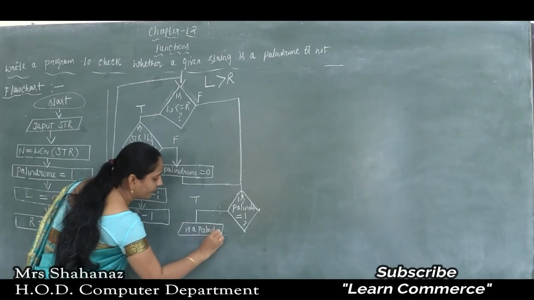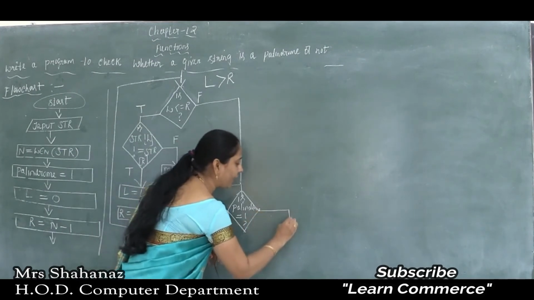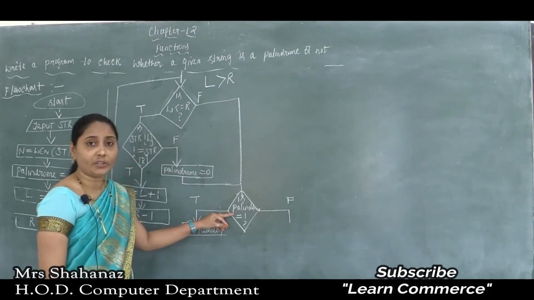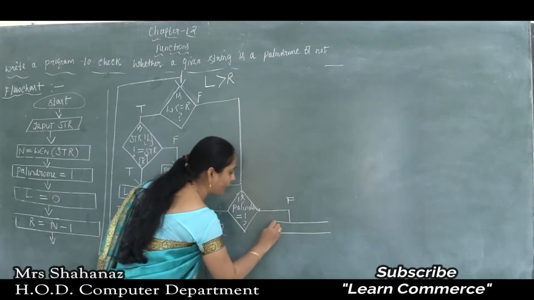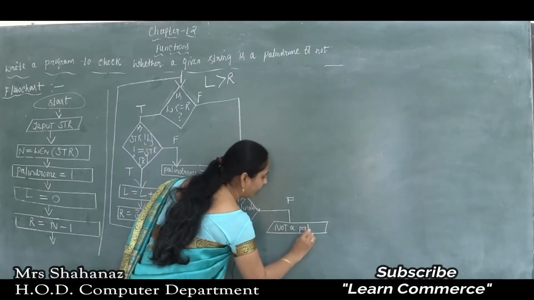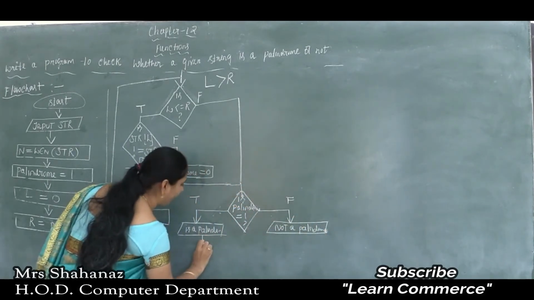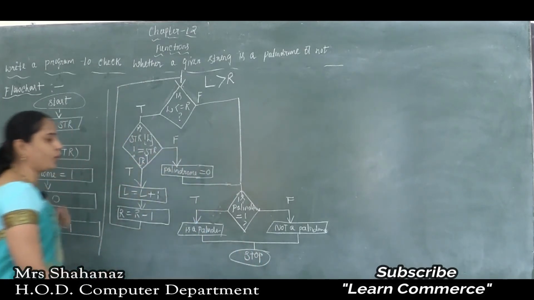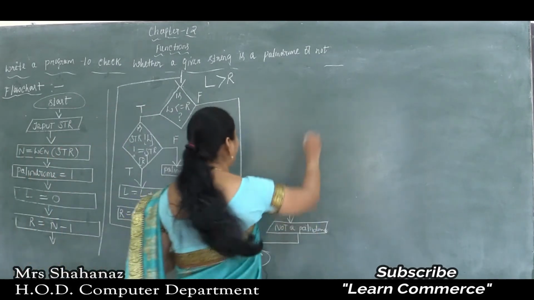It is displayed by using the output symbol. Or if the palindrome value is not equal to 1, that means display "not a palindrome". By using the output symbol we are going to display some information. Not a palindrome in this case. Clear this point? And later, finally we need to stop the program. So all those rules we need to follow one by one to complete this program. Now we'll go for the program.